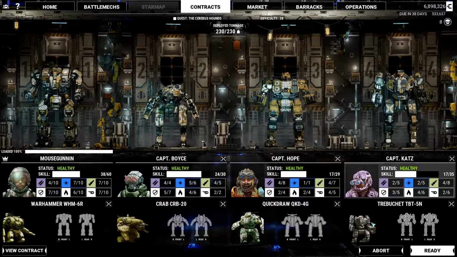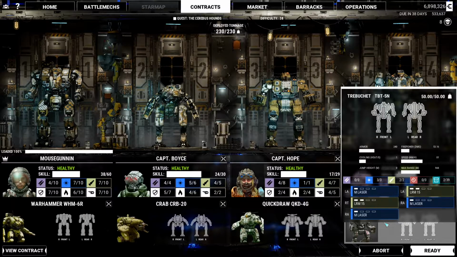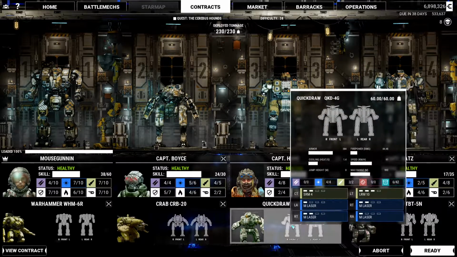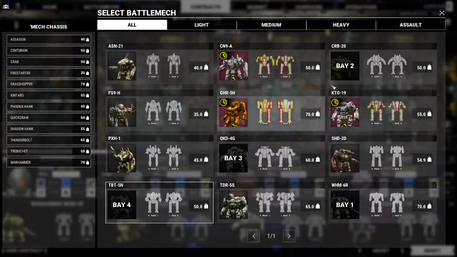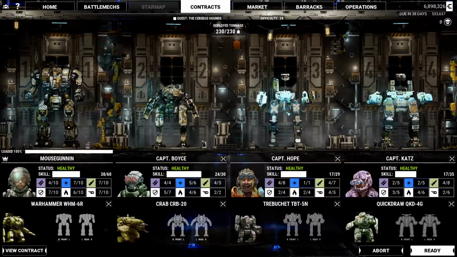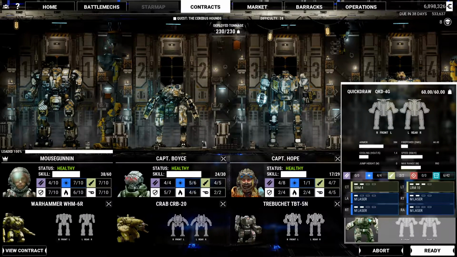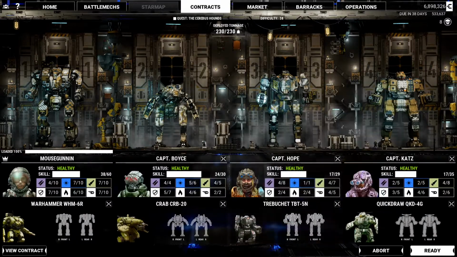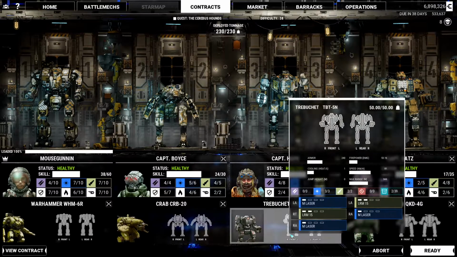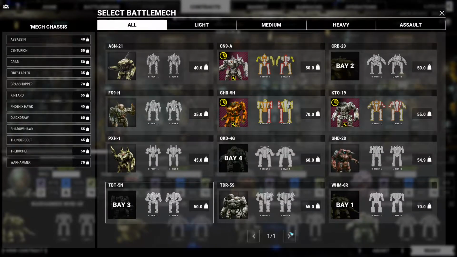So let's say instead of using the Trebuchet, because I just don't think the Trebuchet is very effective unless it has something like the Kintaro to help it out. So let's say we put the Quick Draw here instead, in the back. Because it's really the only thing that has any long-range capability now. Unless, of course, we use the Crab. We could put the Crab a little further back as well. And then let's say we switch out the Trebuchet for...